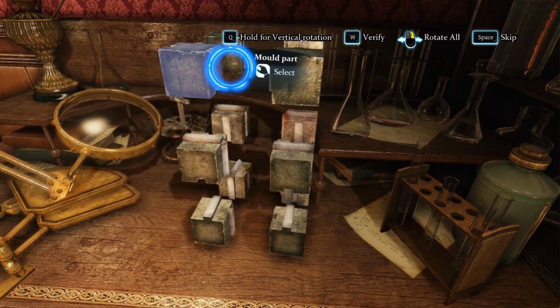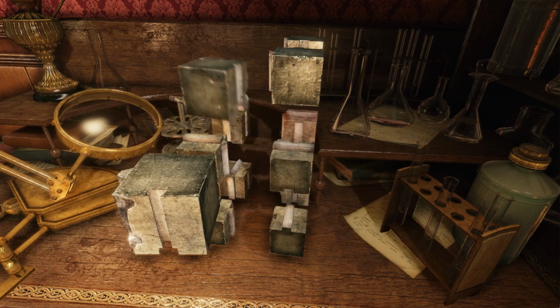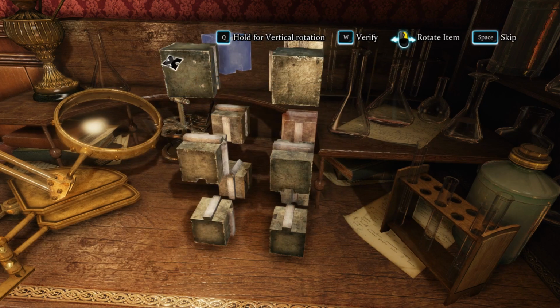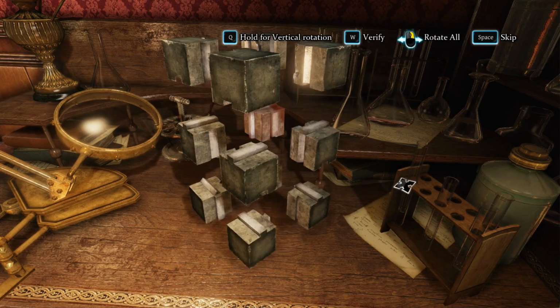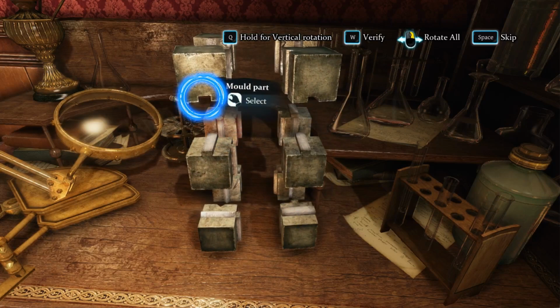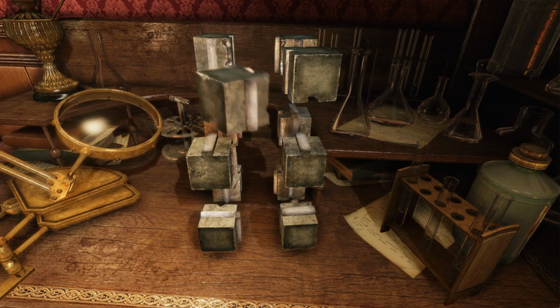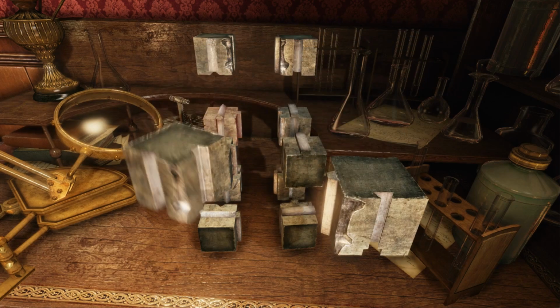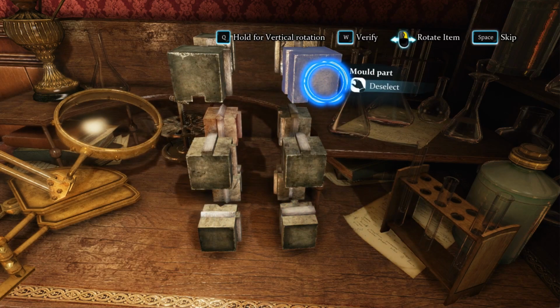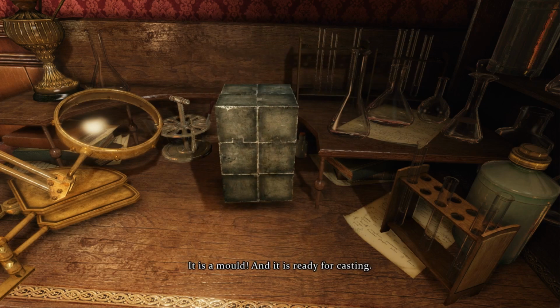Oh no, stop it. Behave. I keep forgetting I'm supposed to deselect them at a point. And you go around like that. And I haven't lined them up properly, have I? Right. No, this one does look slightly wonky. Deselecting probably helps. Round like that. It is a mould, and it is ready for casting. There we go. I don't know what it's a mould of, but...